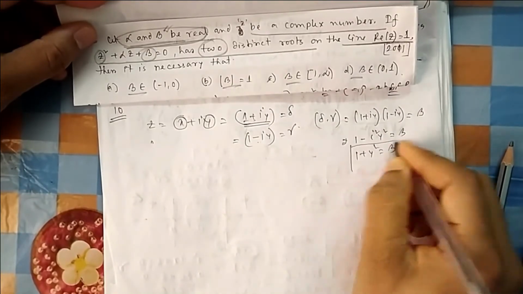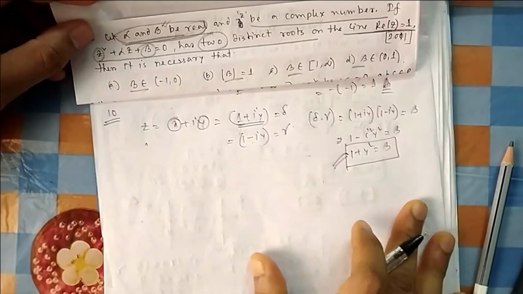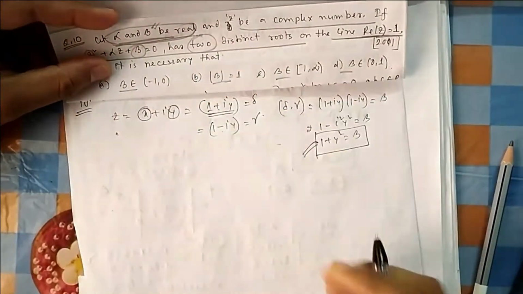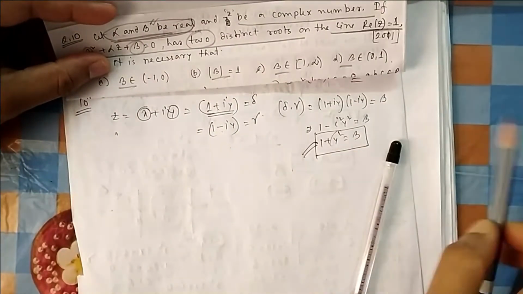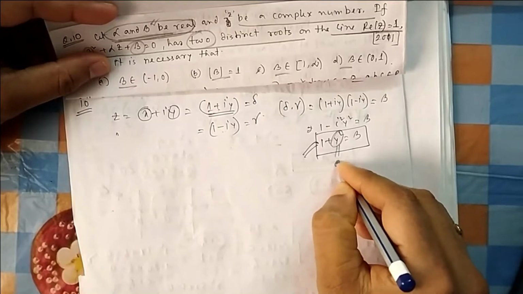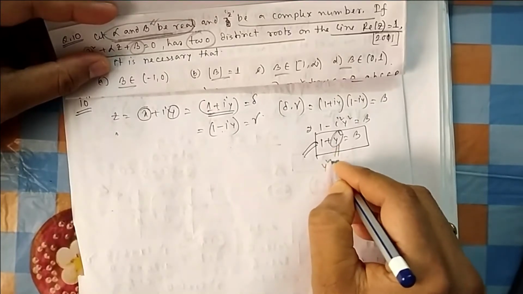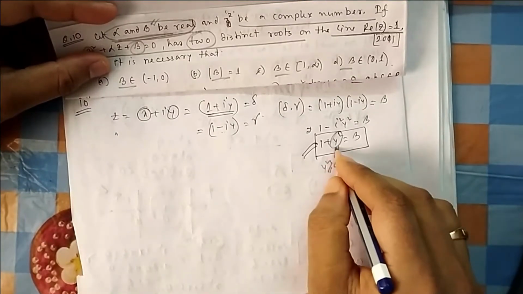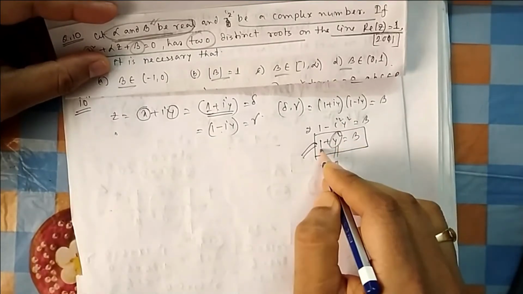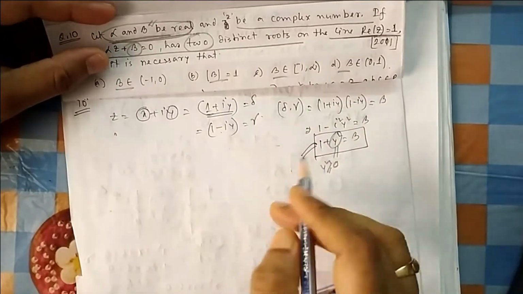Now can you tell something from this expression about beta? Any characteristics of beta? How will it look, or from the options also you can say. Because this is always positive. I have always told you, something square is always positive. So the number will start from 0 and then keep on increasing. Y square will always be greater than or equal to 0. Minimum value is 0, then you can add anything with 1. So the minimum value of beta is 1 and then you can go up to infinity. So this one is the answer.